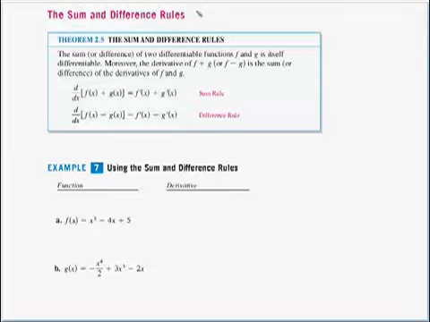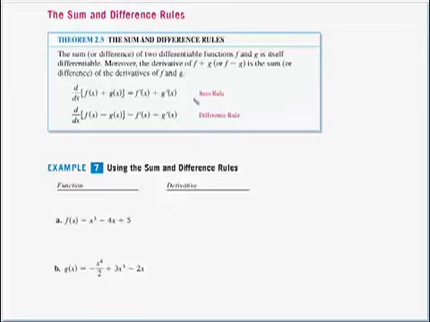Now, the sum and difference rules, these are nice, easy ones, because if you are deriving a multi-part polynomial, you can just take the individual pieces, derive them, and either add them or subtract them as in the original equation. So, Theorem 2.5, sum and difference rules. The sum or difference of two differentiable functions, f and g, is itself differentiable. Moreover, the derivative of f plus g, or f minus g, is the sum, or difference, of the derivatives